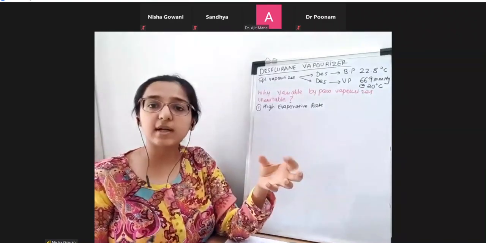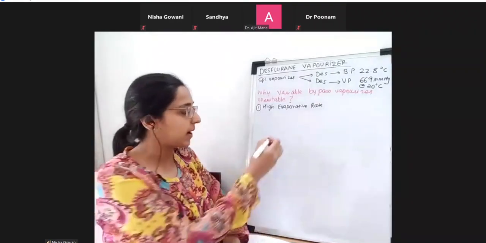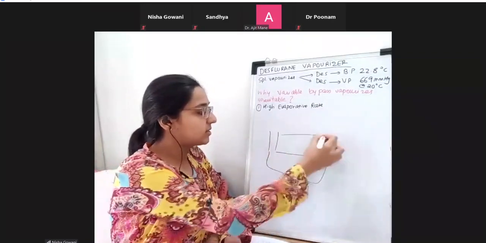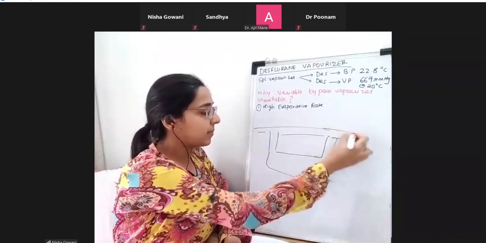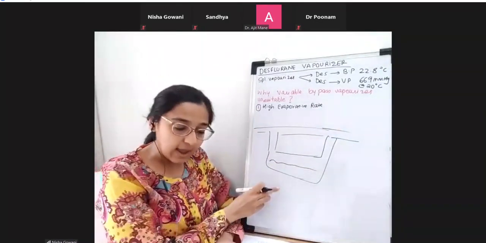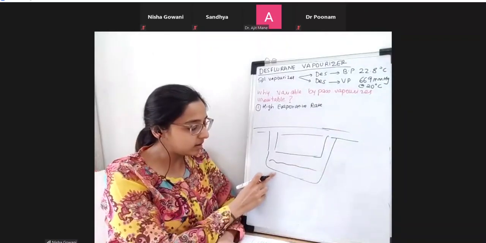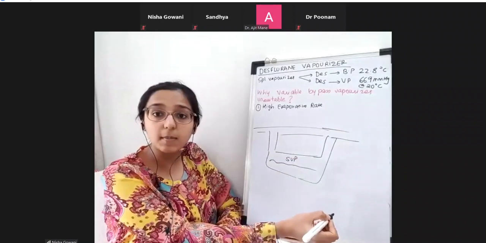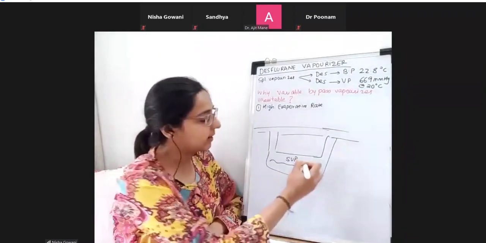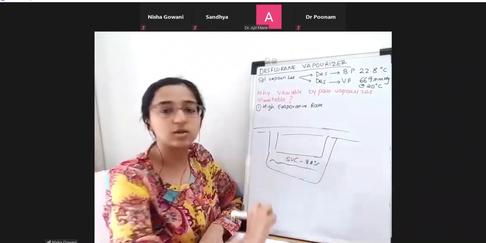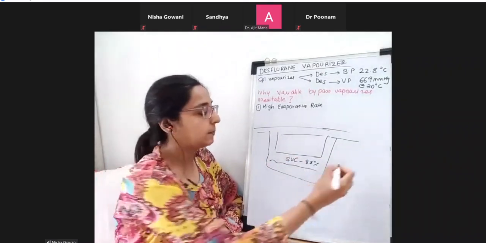Now, suppose you filled up the desflurane. Suppose this variable bypass chamber is there. Remember this chamber, right? Now, suppose I filled up this variable bypass chamber with desflurane, for example. Okay. And so what will be the saturated vapor pressure over here? How much will that be? So that would come to 88%, I mean to say the saturated vapor concentration. Why would it come to 88%?